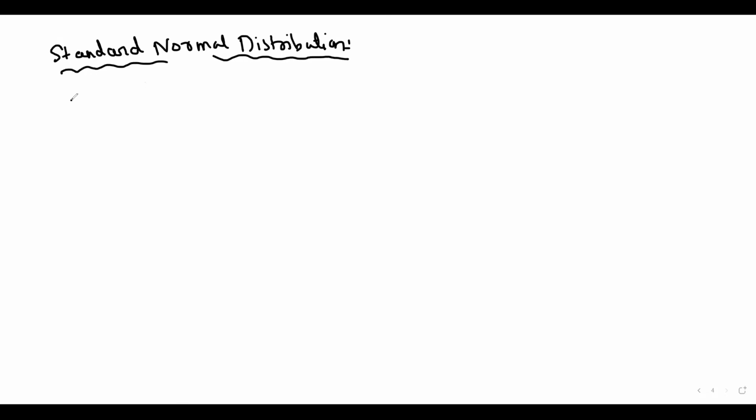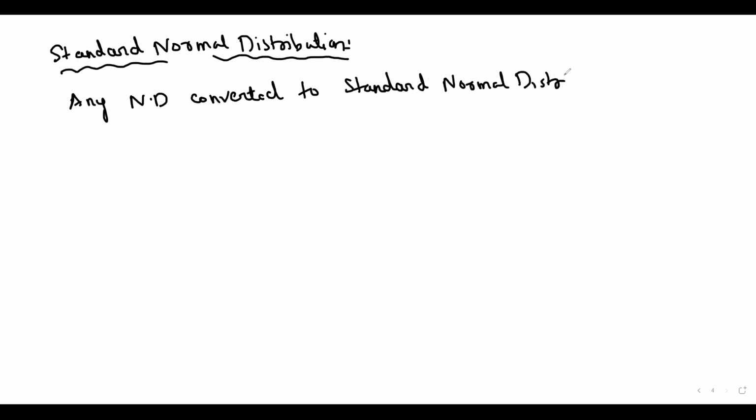It can be converted. Any normal distribution can be converted to standard normal distribution with the formula x minus mu divided by this, where